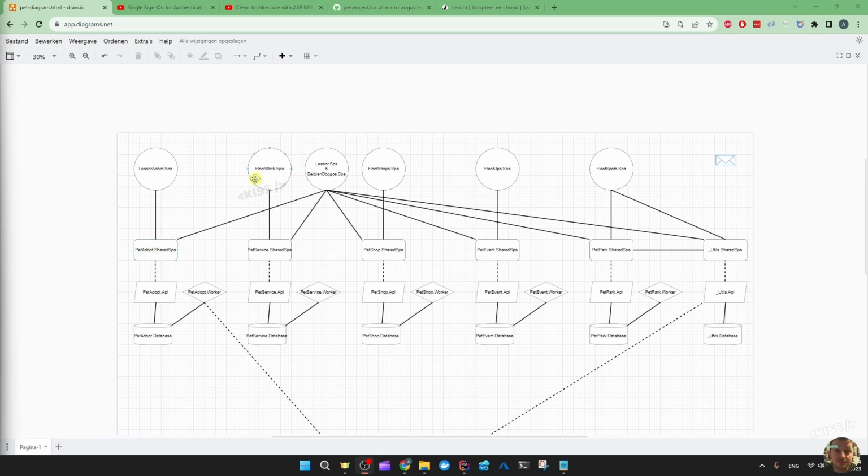If it were the case that the front end has to change the state of multiple databases by calling multiple APIs, then I'll let the front end be the orchestrator. That means the front end will do a post, for example, to the pet adopt API. And then I won't have the pet adopt API post to the pet event API. I rather